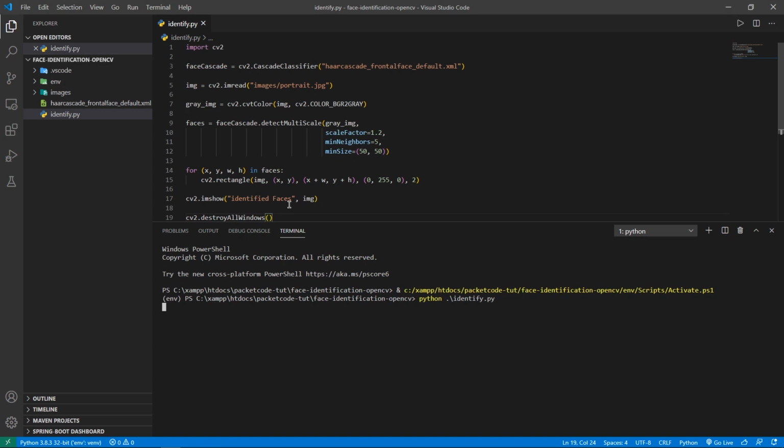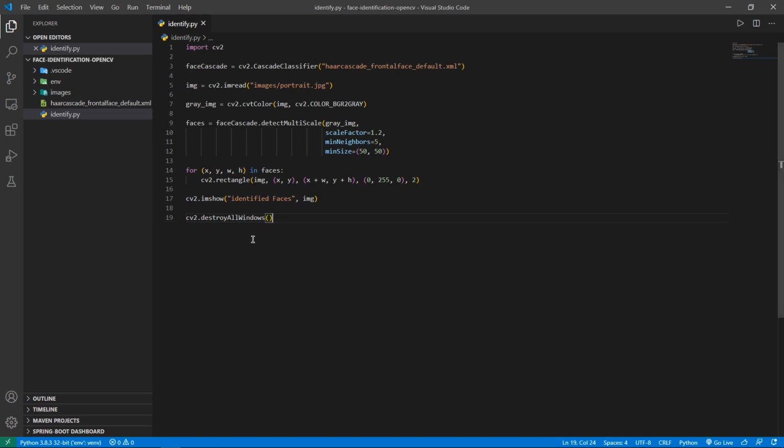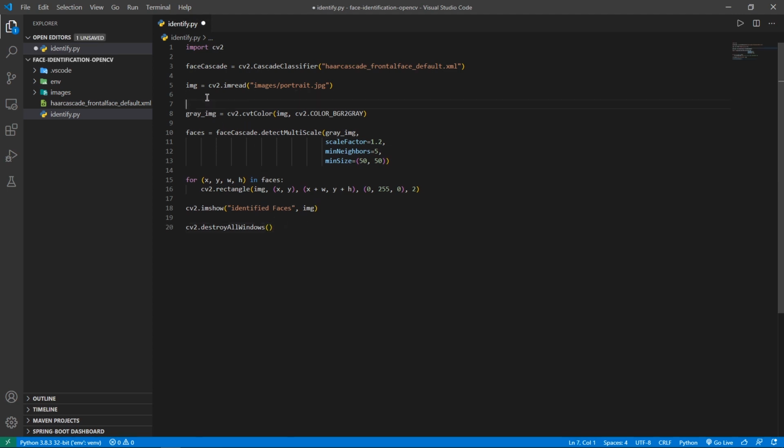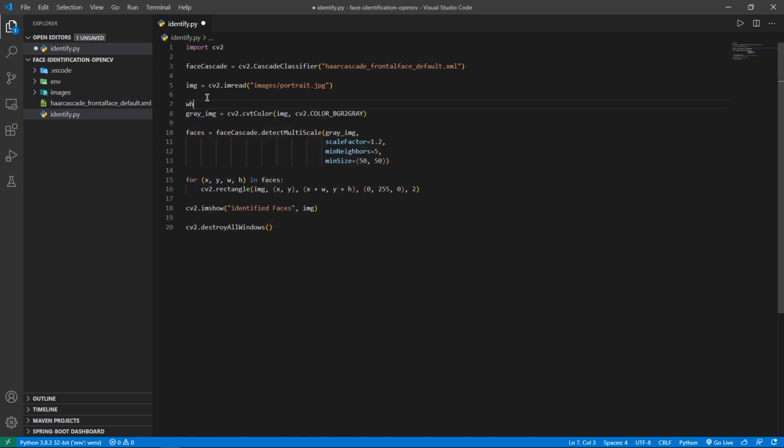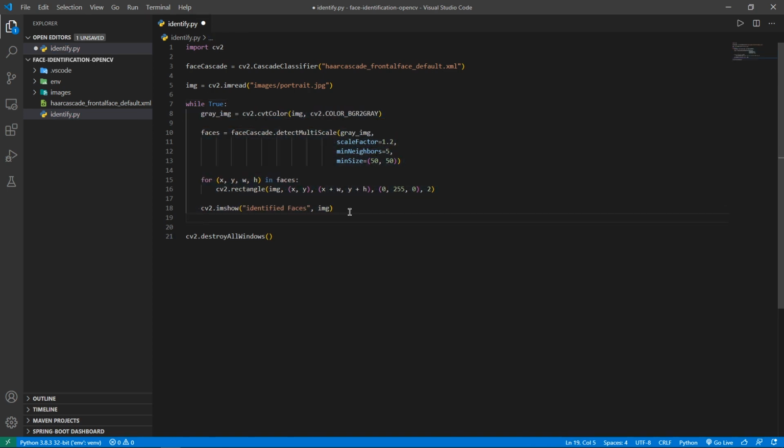If you observed, the image did open, but it only lasted for a single second. The reason that is happening is because this is going to execute once and then close off. We don't want that to happen. We want to be able to see the output until the user clicks on the X mark or closes it off. The way that you do that is by placing all of this inside a loop. So I'm going to initialize a while loop and place all of this inside that loop. Then below everything, I'm going to write an if condition.